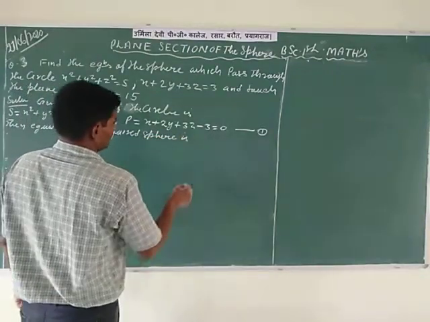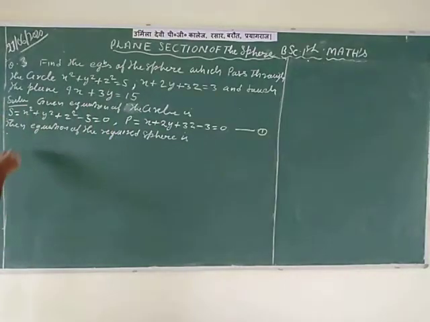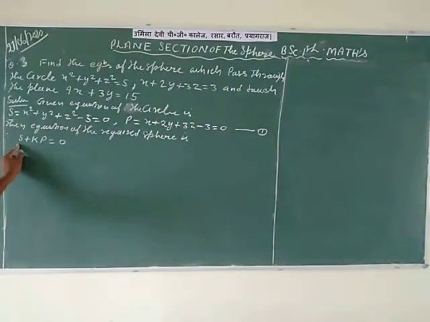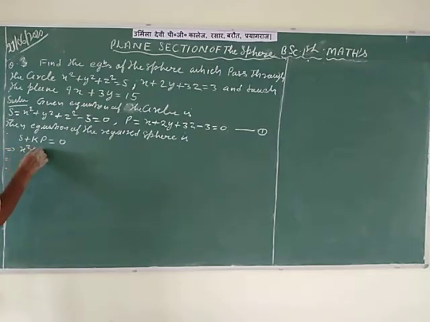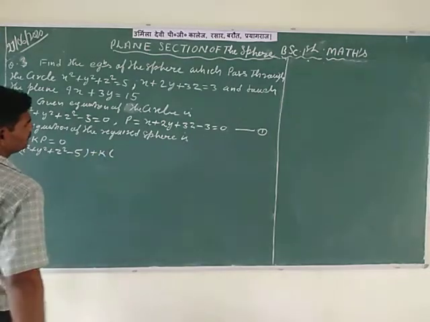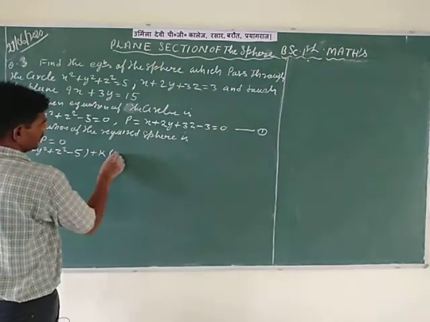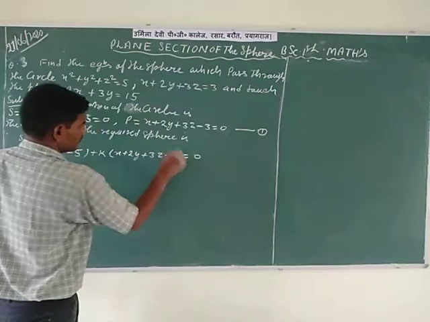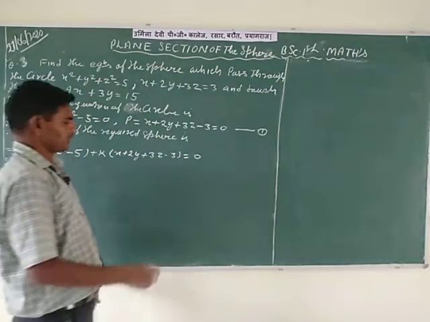is S plus k times P equal to 0. Here S means the sphere equation and P means the intersecting plane equation. So putting the values of S and P from the above equations, we write in the combined form x square plus y square plus z square minus 5 in the first bracket, plus k times the value of P, meaning the equation of the intersecting plane, x plus 2y plus 3z minus 3 is equal to 0, denoted by equation second,